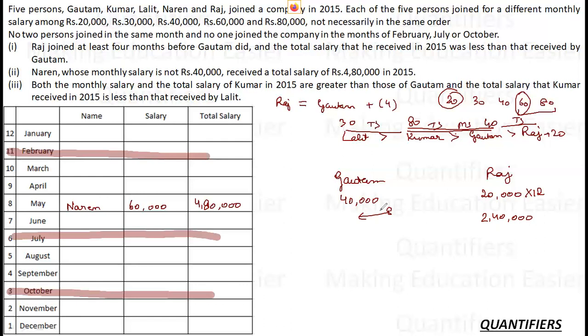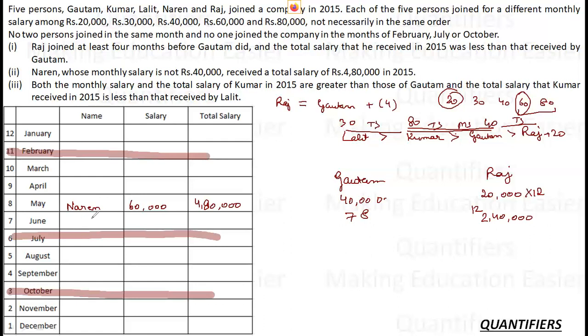If he is working for 8 months, okay, because if I have given 12 months to Raj, then the time period of the other has to be less, meaning there has to be a gap of more than 4 months. 8, 7, 6, something like this. At 6 months they will be equal. So 6 is not possible. 6 or values less than 6 is not possible. Only two values are possible, 7 and 8. Right?